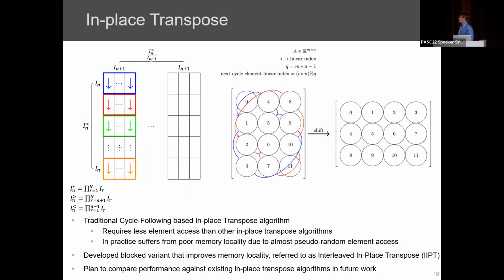In order to do this, we start by noting that for the nth iteration of the algorithm, the matricized tensor can actually be viewed as having I_n-less entries in one column, where I_n-less is the product of all dimensions less than the current dimension, and then we'll take each of these columns and stack I_n plus 1 of them together to form